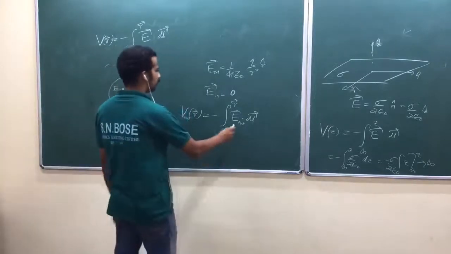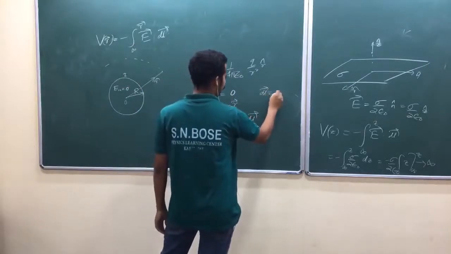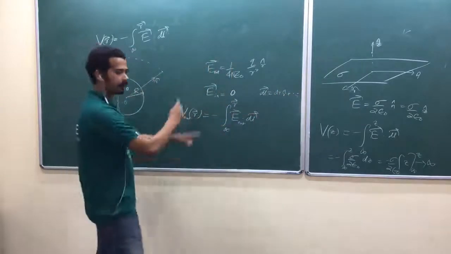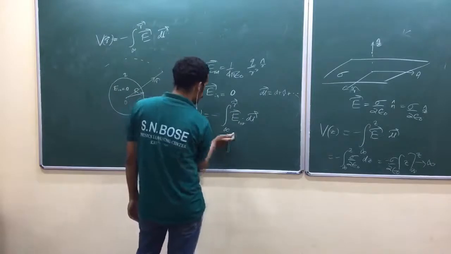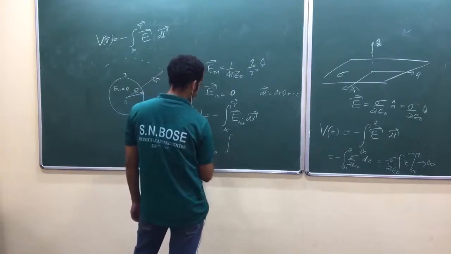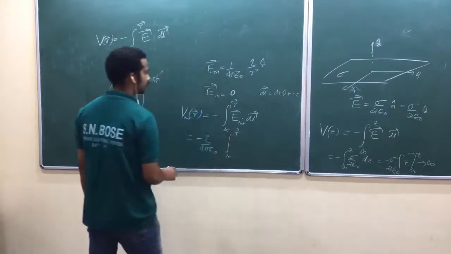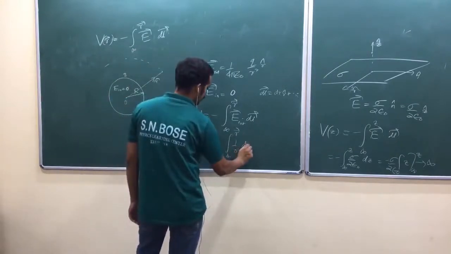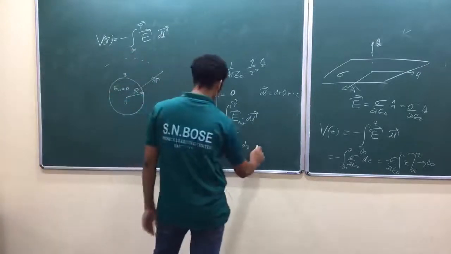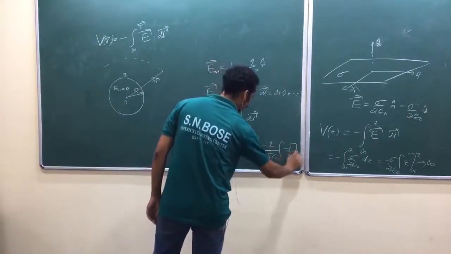Is that over? Now again, electric field is in polar coordinate. Write your dl vector in polar coordinate. dr r cap plus and so on. Am I right? Only that component will be non-zero when you take dot product. What will happen? Minus of, I think, q by 4 pi epsilon naught, infinity to r, 1 by r square dr. Am I right? I can write this r vector as a scalar r. Anyway, I have to substitute that one. So now minus q by 4 pi epsilon naught, minus 1 by r running from infinity to r.